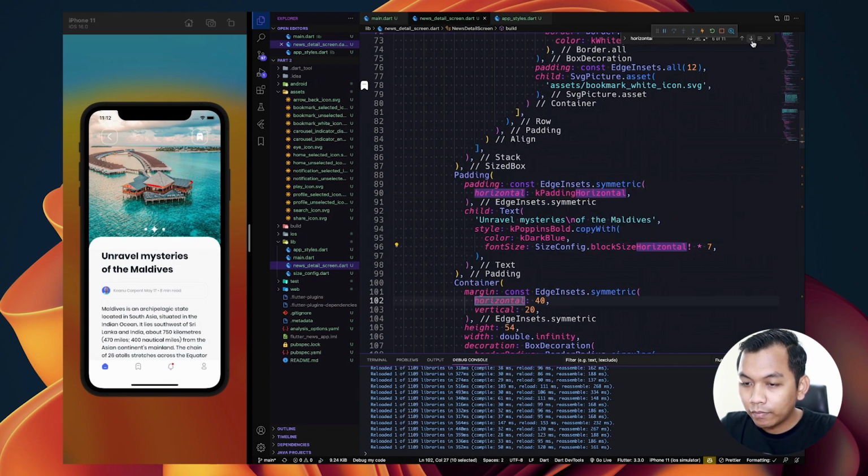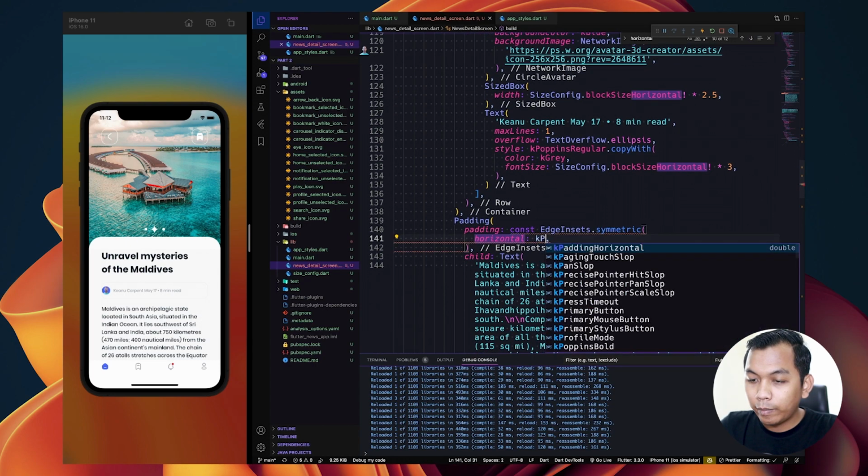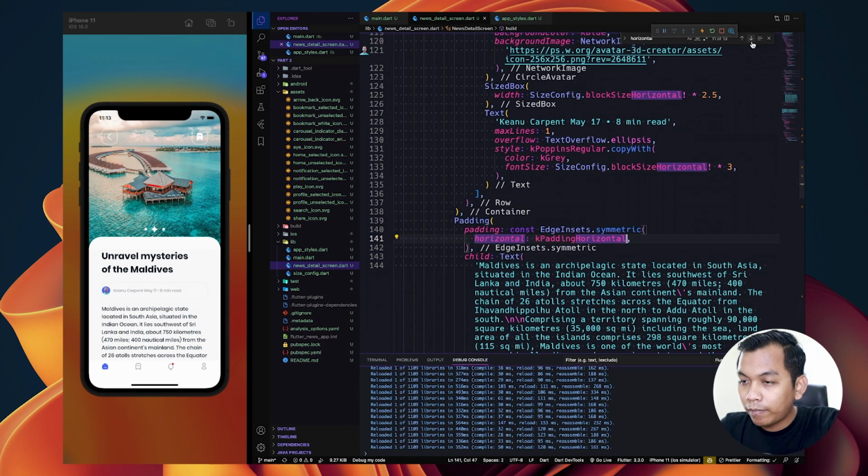Again, this to k padding horizontal, and here k padding horizontal.